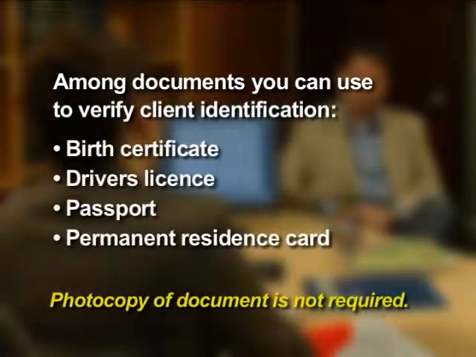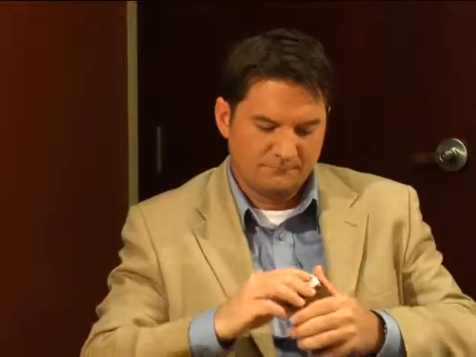The identification your client provides does not have to include a photo, but there is a list of what's acceptable for verification and what's not. The list is included in the individual client information record. For example, it can be a birth certificate or driver's license, a passport, a permanent resident card, or other identification material issued by the provinces or territories. Check the list of approved identification documentation on the individual form. The driver's license is perfect, thank you. It has all of the identification information that I need.